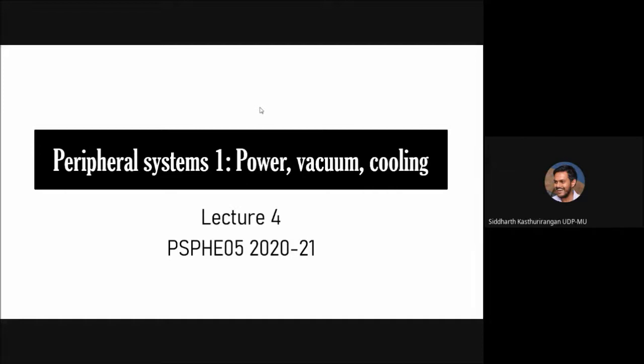Today we will be discussing the power requirements of accelerators and how those can be satisfied, how those are achieved. Similarly, what the vacuum requirement is and how different vacuum parameters affect the transport of the beam. And finally, not in detail, I suppose, but cooling is also required. We'll be discussing this at various stages rather than cooling as a separate topic. But we will be looking at all of these things.